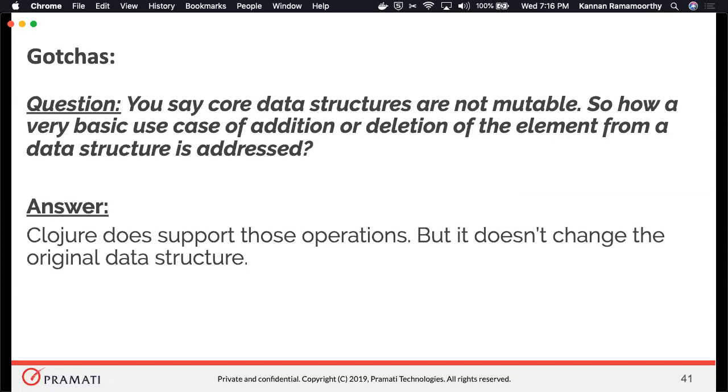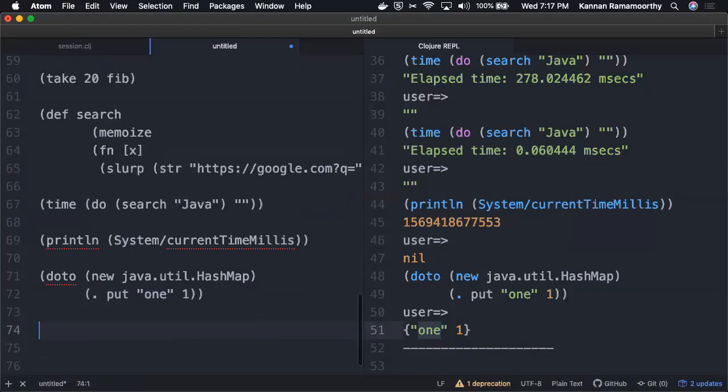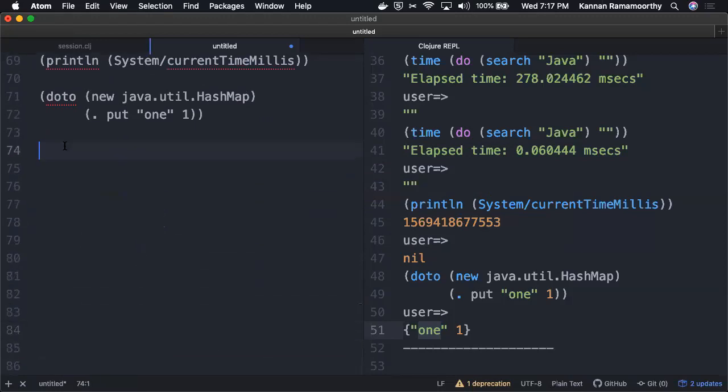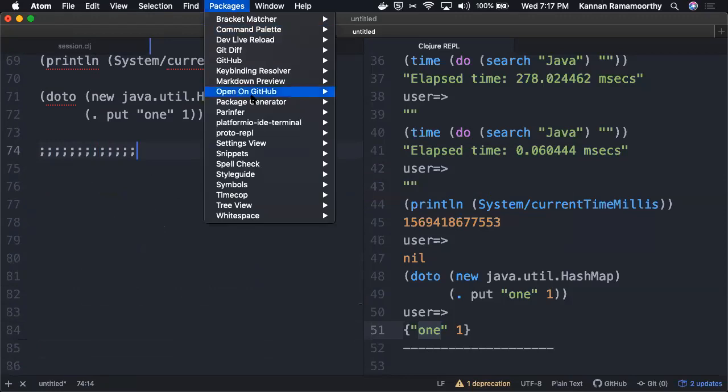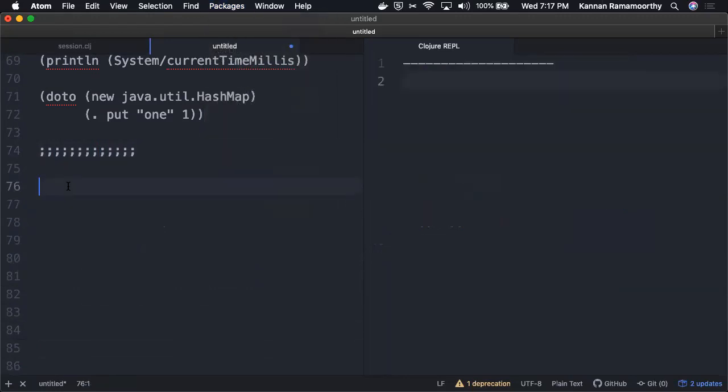This might be confusing. We'll just see it with some examples. What I'm doing is defining a reference called A with elements 1, 2, 3.